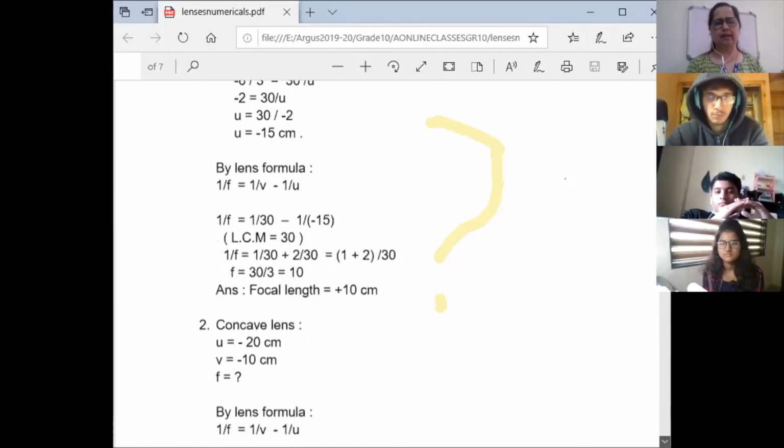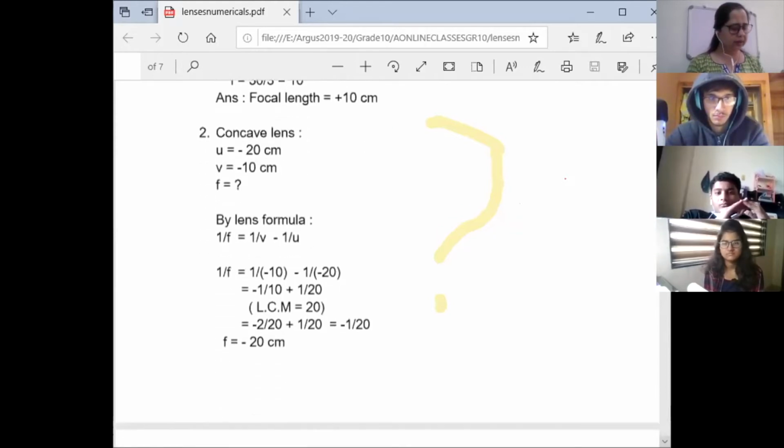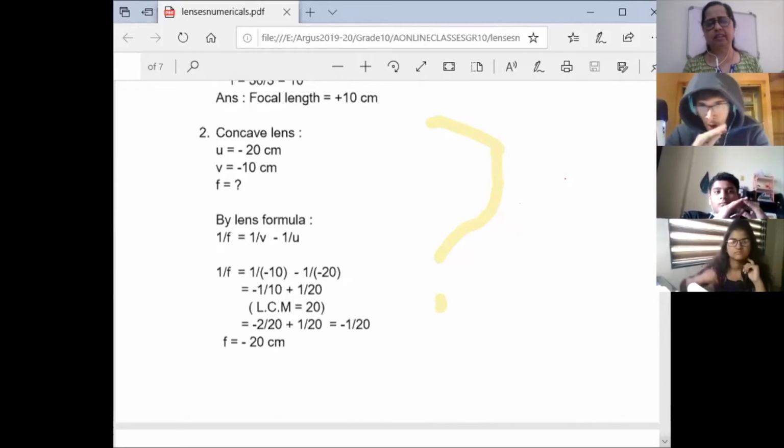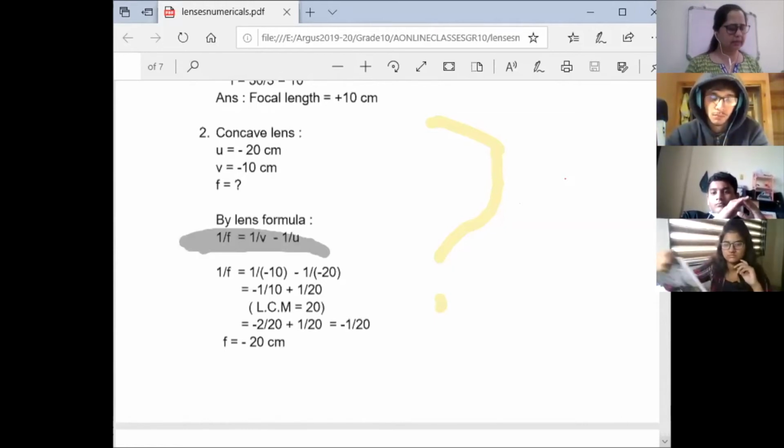Okay. Now the second one. See, always before you start, you will write what kind of lens it is. So the second one is concave lens, right? So the first thing I wrote is concave lens. The minute I write, I will memorize my sign convention. That is why I sit and learn the sign conventions nicely. Object kept at a distance of 20 centimeters. So u is -20. v is on the same side because it is a concave lens. You all know the image is also formed on the same side of the object. So v is also -10.